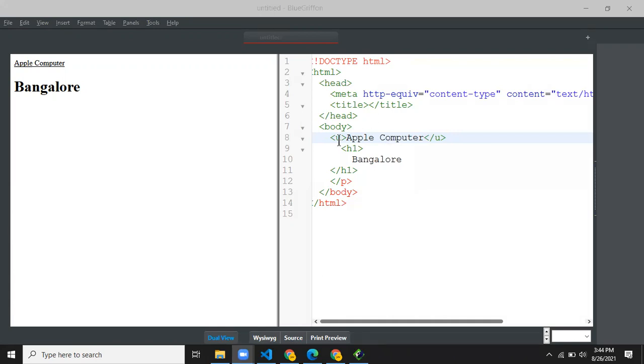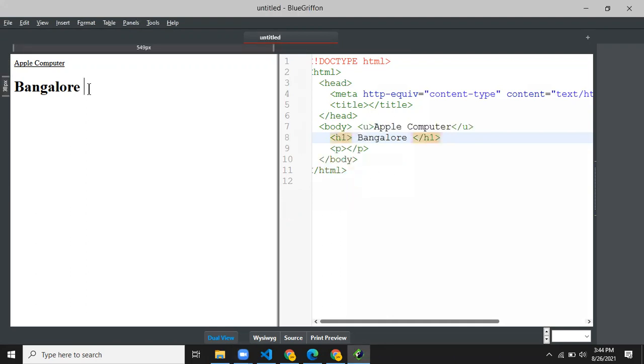Okay. So any questions here? The Blue Griffon and all, you can do the exploration by yourself. Either do it this way or you can do the other way. For example, I'm going to the Bangalore there. Next line I want to type something. You type something here, automatically the text will be generated over there. On the right hand side, you'll see the HTML tag is going to be generated.